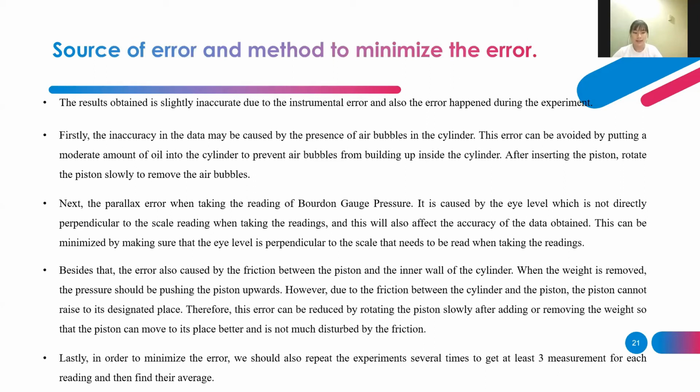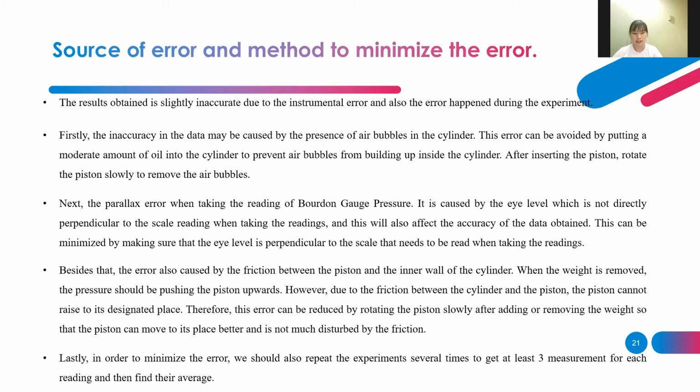Next, the parallax error when taking the reading of the Bourdon gauge pressure. It is caused by the eye level not being directly perpendicular to the scale when taking the readings, and this will also affect the accuracy of the data obtained. This can be minimized by making sure the eye level is perpendicular to the scale that needs to be read